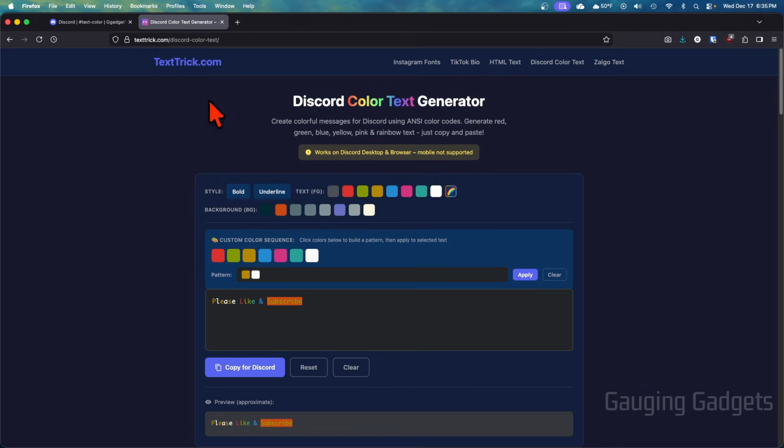Once you get here, all you need to do is go into the top menu, select Discord color text, and it'll bring you to the generator. To get started, simply type the text here that you want to apply color to. Then just highlight the text that you want to change the color on. And if you select rainbow, that'll make it quickly rainbow. You can also select portions of it and change the colors that way, including the backgrounds of the text if you want to. As you can see, it'll give you a quick example of what it's going to look like